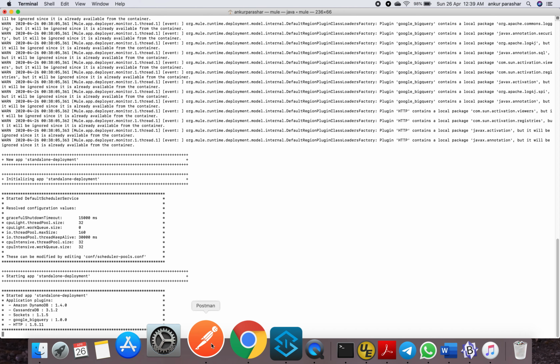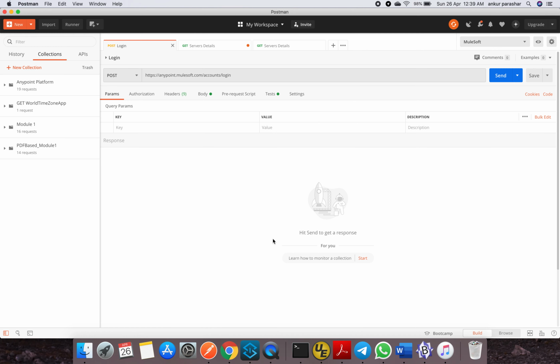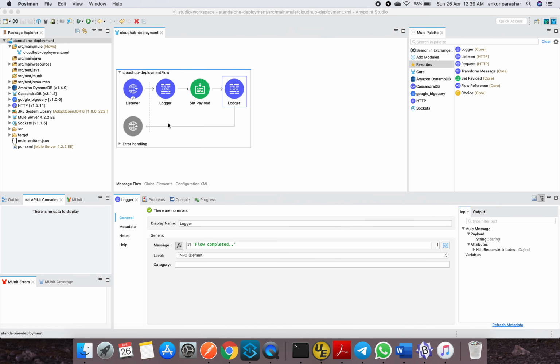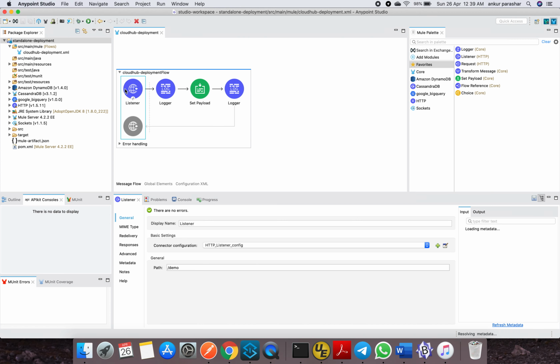For that you can open Postman or you can use any other REST API test client as well, like SoapUI or whatever of your particular wish. Okay, we are going to open a GET operation, and it's localhost, and 8081 default I have put down, and test, I think. Sorry for this. Okay, let me quickly check on this. Is it the same configuration?